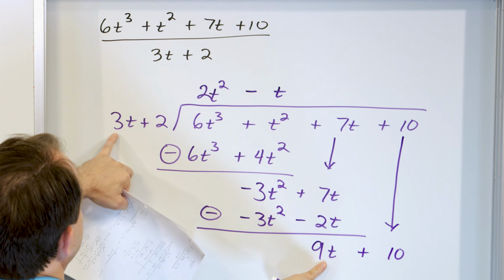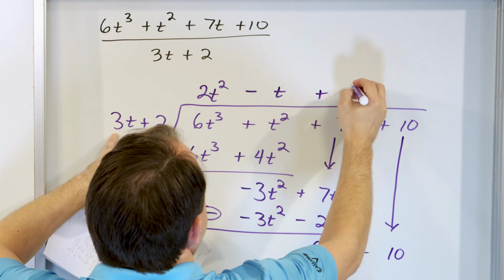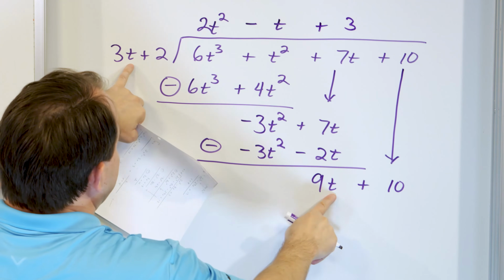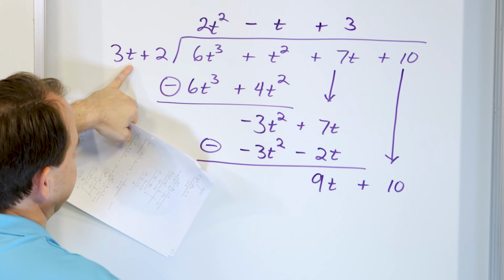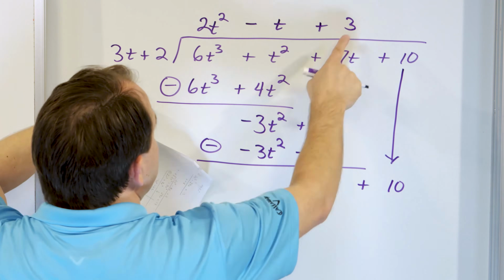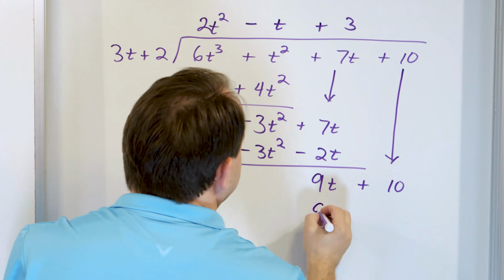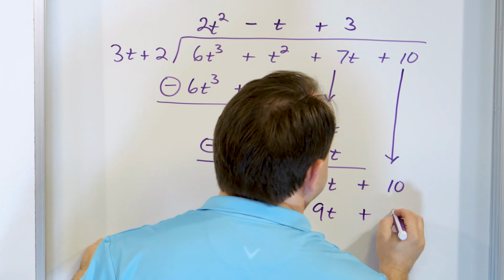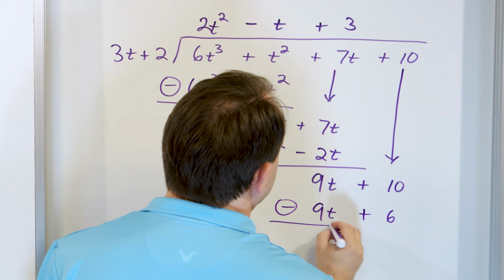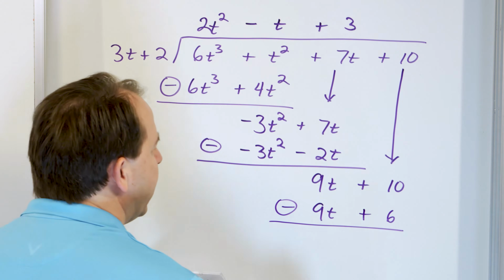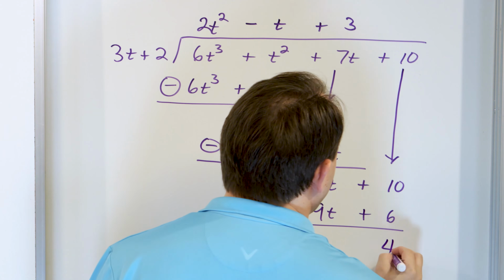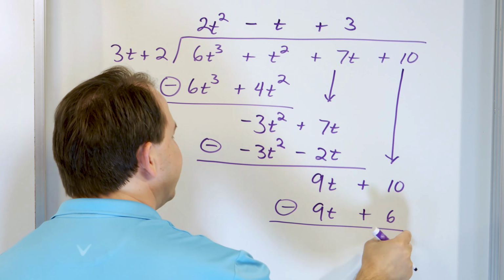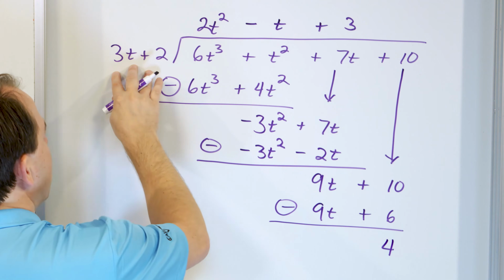Again, we look at the first term. We have 3 times 3 is 9, so we're going to write a 3 here. The t's are the same power, so we don't have to multiply anything to get that. So essentially, we multiply 3 times 3t does give us 9t. That's all we're trying to accomplish. And then the 3 times the 2 is 6. We subtract, put a circle, subtract the 9t's, they go away. 10 minus 6 gives us 4, and now we have a degree here smaller than what we had here